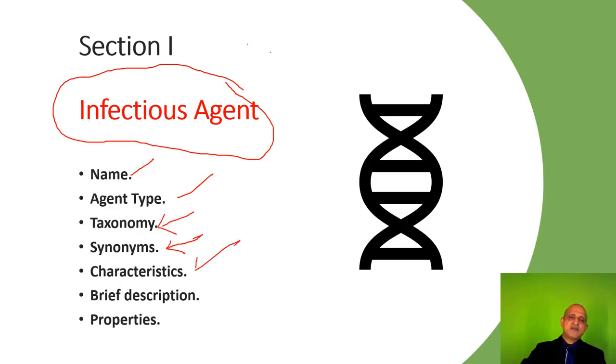The characteristics of the biological agent, such as its infection cycle, it's basically a life cycle, as well as the route of transmission, a brief description of the biological agent, as well as the properties related to the biological agent. So the section 1 basically focuses on the type of culture which is being used in most laboratories. For instance, in microbial laboratories, the general practice is to culture the microbial agent on specific enriched medium or selected medium. And this manual provides insights into the infectious agent and its culture characteristics.